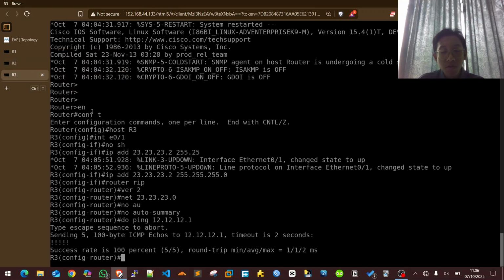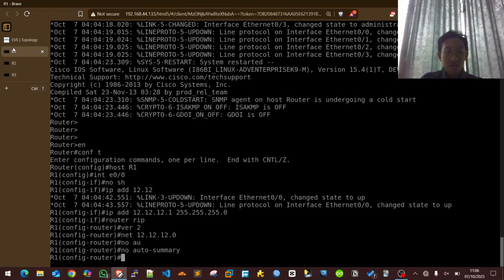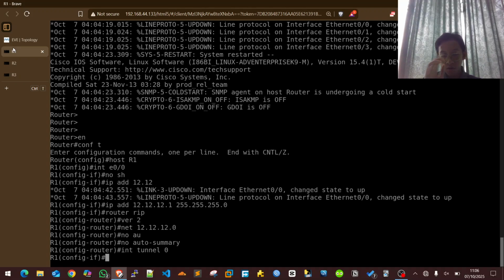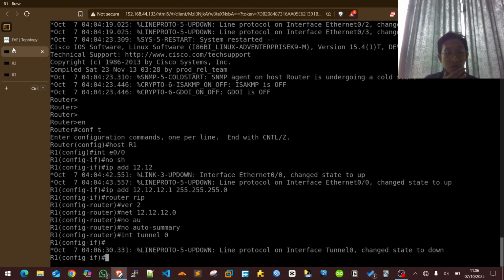And now what we want to do is make the tunnels. It's actually pretty simple. Just make this tunnel, interface tunnel 0, in this example. And now what we will do is implement ISATAP. First things first, we will add the IPv6 address, and in here I want to use IPv6 with EUI-64. So I'll be doing it like this: /64 and EUI-64.